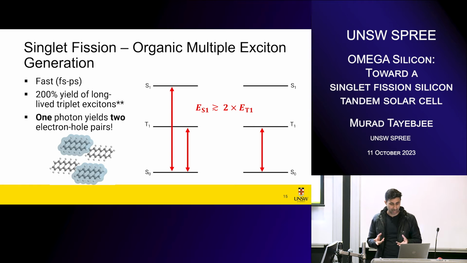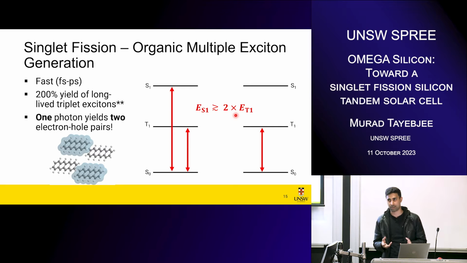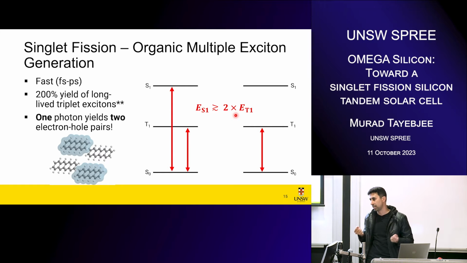One thing to keep in mind, of course, as I said, is that this isn't magic. The energy of your singlet state has to be greater than or approximately equal to two lots of the energy of the triplet state, right? So we're not actually increasing any energy here, of course. We're just increasing the number of carriers in the system. All right, so that was third year, and maybe your honors. Let's move on to